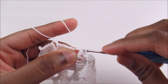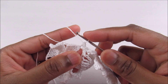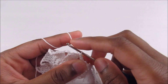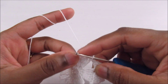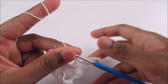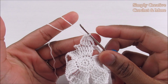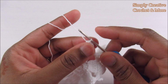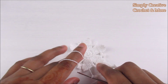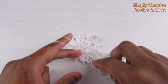then single crochet 1 and 2, and continue the pattern. So slip stitch, and then I'm going to complete this petal again. So chain 4 and then triple crochet 4 together. Then I'm going to join with the next one, this picot. So here I've got my petals, and now chain 2 and place it down and go into the next petal picot like this,